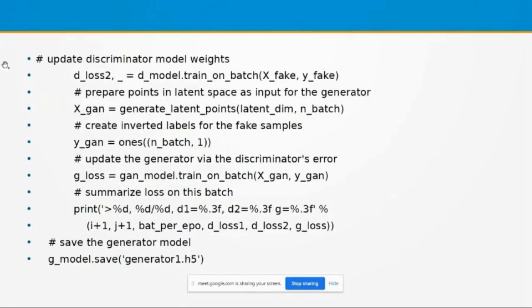Then after generating the fake images, the next step is to train the discriminator model with the help of the fake samples. And for that, as in the case of real samples, we can use D model dot train on batch X fake, Y fake. In the previous statements, we generated one batch of real images, that batch containing 64 images, and with the help of those 64 images, I trained the discriminator model.